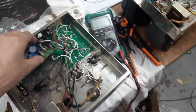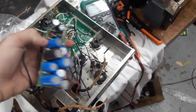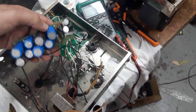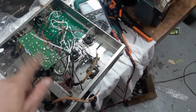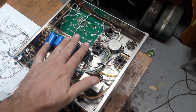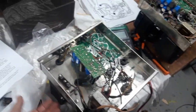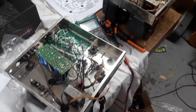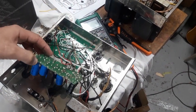I was having trouble finding documentation for this, and I realized this is not the power supply board for Mark 3. This is actually a Stereo 70 supply board. Now that's good. I'm happy about that because it's small and it fits in here, right? I think the one that's made for these is much bigger, it's more complex, and it fits on the top of the chassis, which I wouldn't like. So I'm actually happy to continue working with these Stereo 70